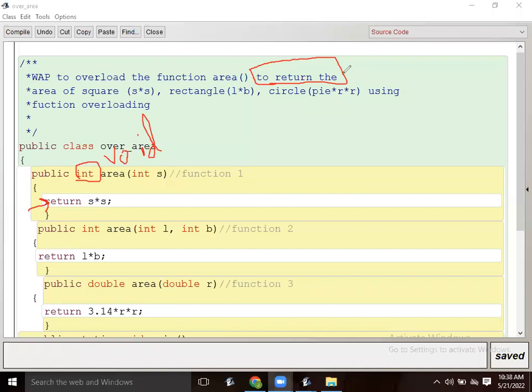But as it is mentioned in the question, key function area to return the area of the square, means this function is going to return the area of the square, rectangle and the area of the सर्कल। तो कैसे रिटर्न करवाया? रिटर्न s मल्टीप्लाई बाय s, रिटर्न l मल्टीप्लाई बाय b एंड रिटर्न pi r square. But you have to write data type. This is return type over here, right? Clear? Now